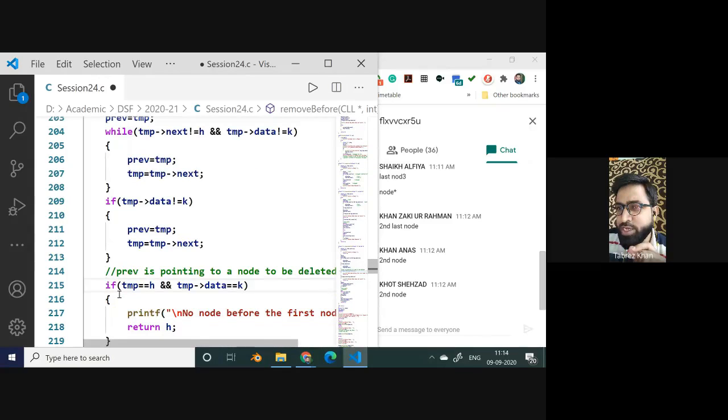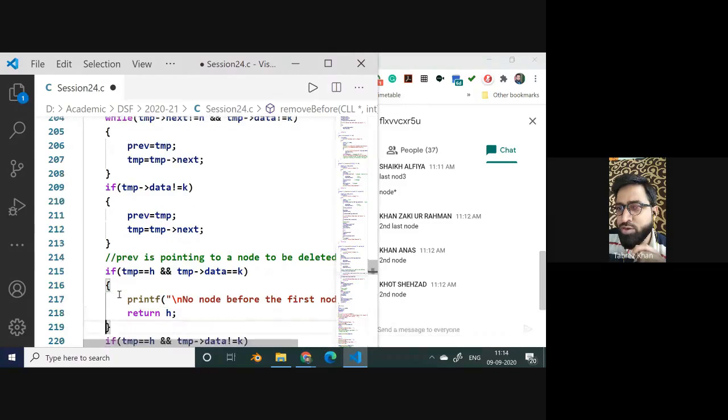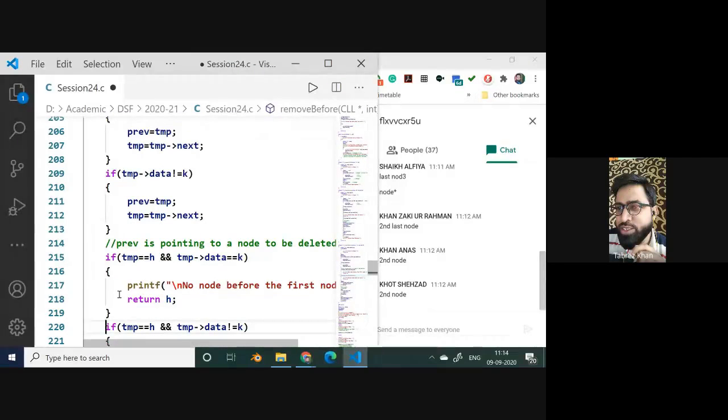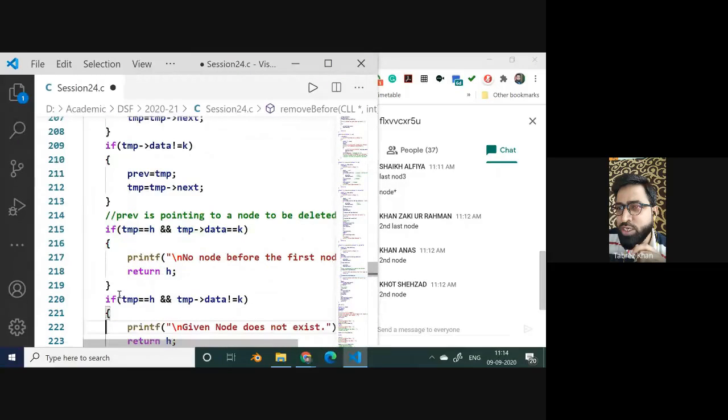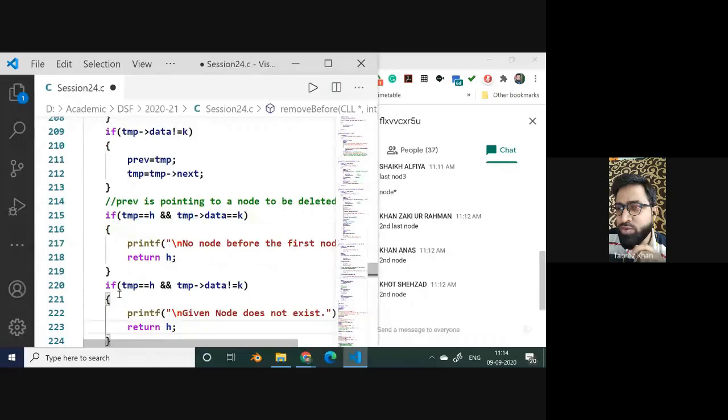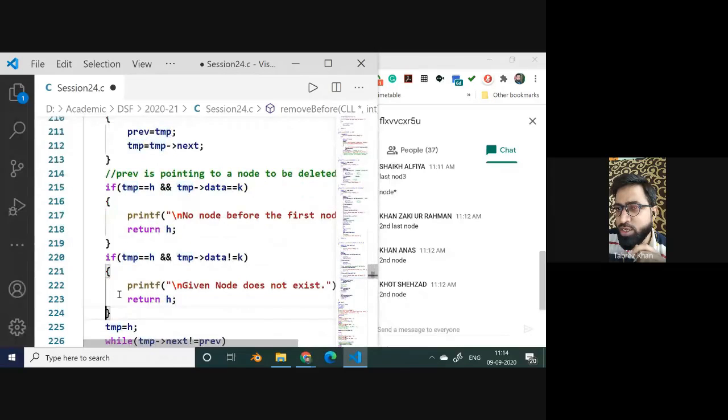After that, we are putting some checks. If temp equals h and at the same time temp equals k, this is something like you want to delete a node before the first node. So this is not possible. So we say no, it cannot be done. And if temp equals h and at the same time temp of data not equals k, so the given node does not exist. So basically, what I can do, it is safe to say this